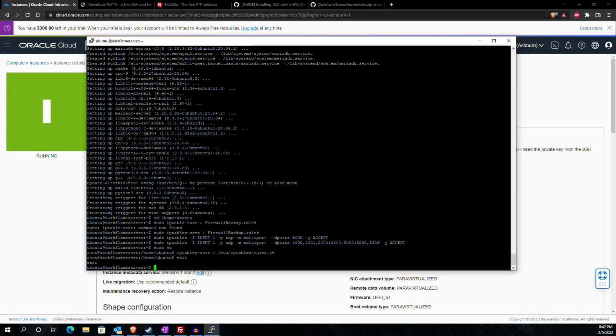Alright, so now we get to do the fun part of installing the server. First, we're going to download the repository from GitHub. Make sure that you have the little squiggly line here to make sure that you're in your home/ubuntu, and we're going to type git, and then clone, and then two dashes, --recursive, and then we're going to type the link to